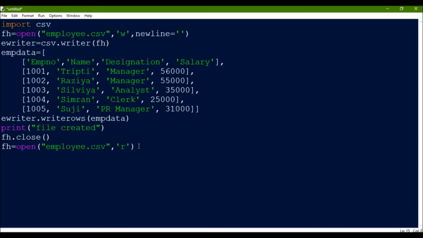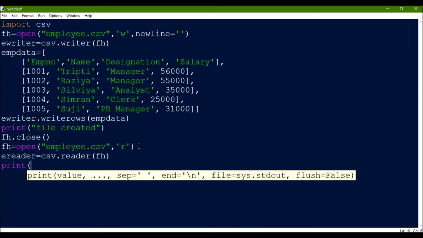Okay, so now we have opened the file in read mode, and then we will create a reader object. Suppose eReader is the name of the object for reading, is equal to csv.reader and the file handle. After that I'll print the records.